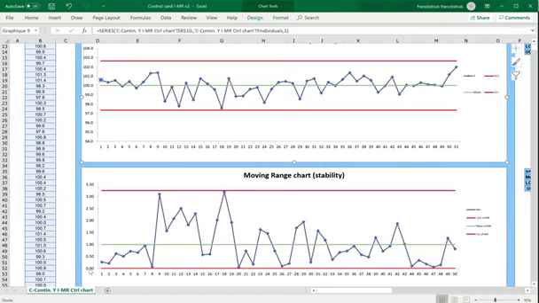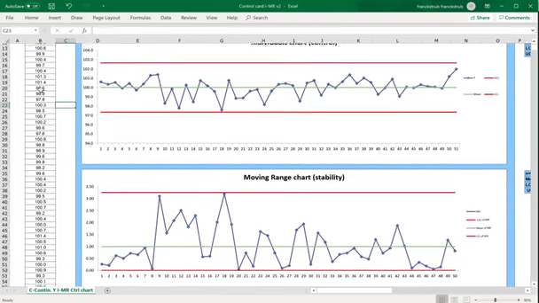It means that this is limited to 0. Of course, everything is positive in terms of moving range. And we plot like this. If we have a certain number of points, like 51 here, you will find 50 moving ranges, of course. A control chart, how does it work? You enter your data,